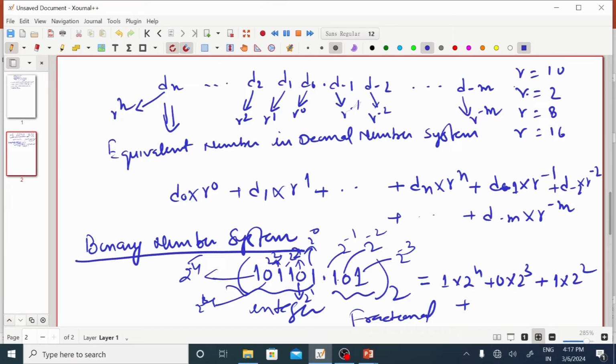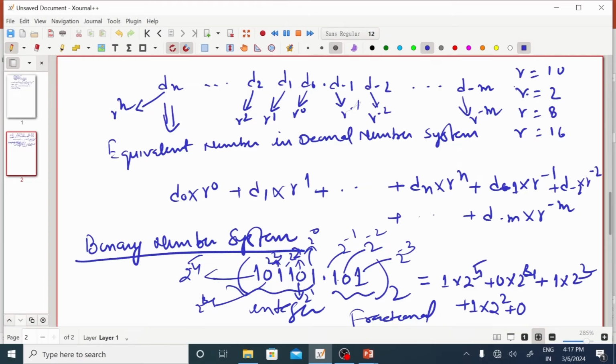So this is simply 1 multiplied by 2 to the power 5 plus 2 to the power 4, 3 plus 1 multiplied by 2 to the power 2 plus 0 multiplied by, meaning the bit in that position is 0, and what is the index? What is the index of this number?